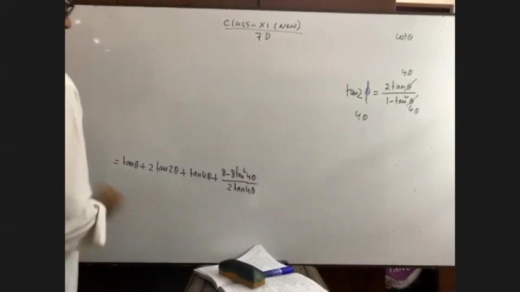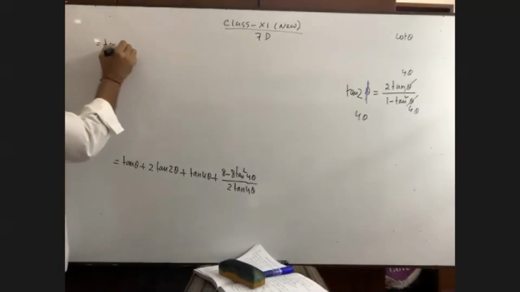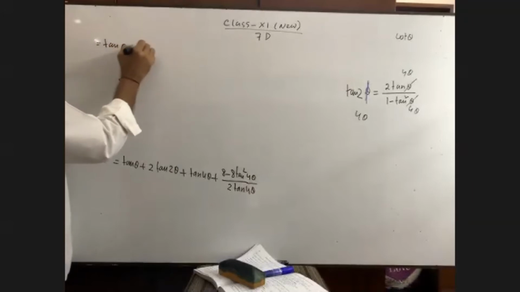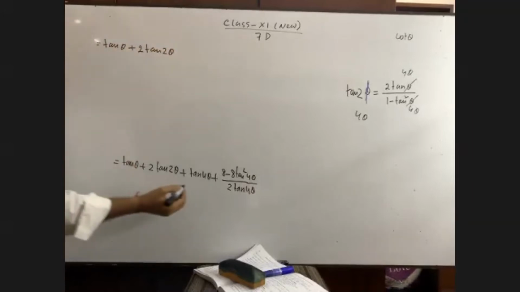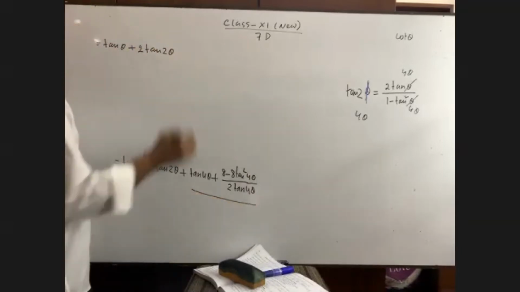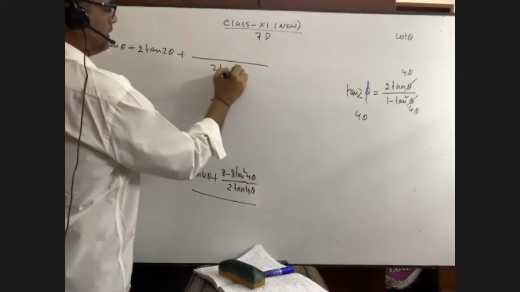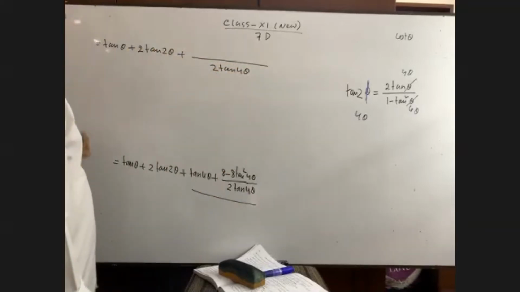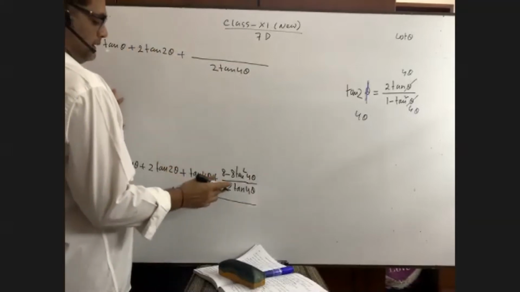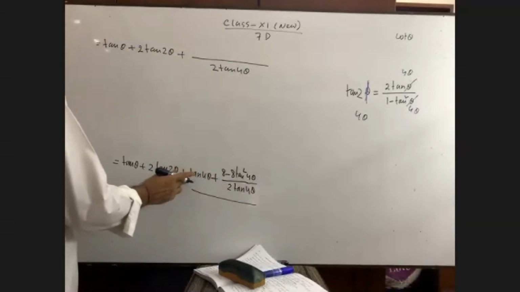Now you see what I am going to write down is equal to tan theta, 2 tan 2 theta. Now you get the LCM. 2 tan 4 theta is the LCM. Then we are getting 2 tan square. Oh, I am sorry, there was 4. Have you seen? Please pay attention.